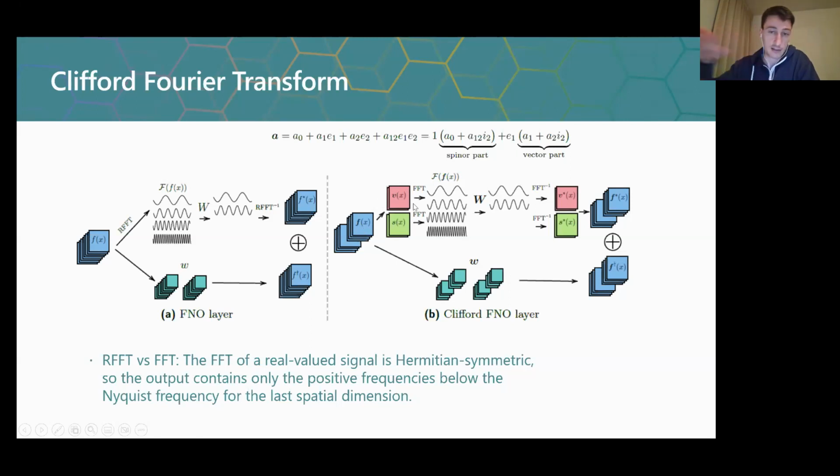Then we add these modes together to have a mode which consists of a multivector mode, so to say. We do this geometric product operation on these modes. Then we again split the spinor and vector part apart, and we transform back. So that's a natural way of how to extend this Fourier transform over scalar fields to a Fourier transform over